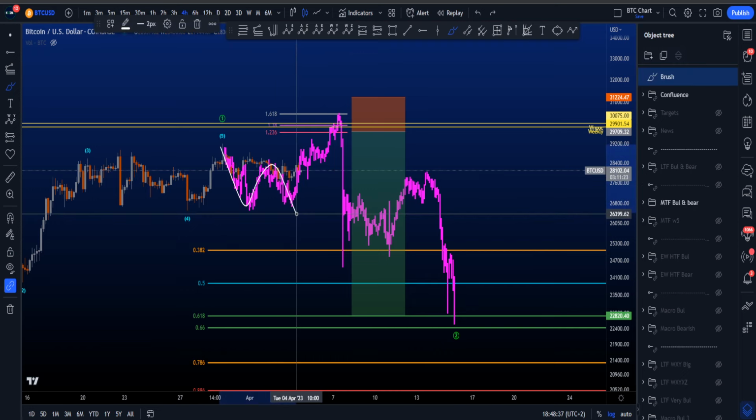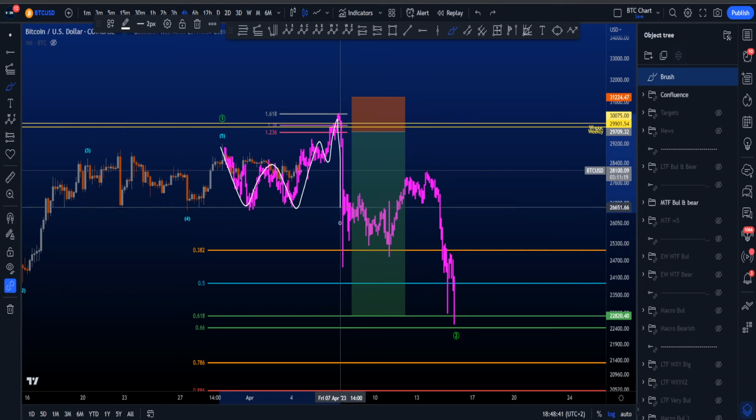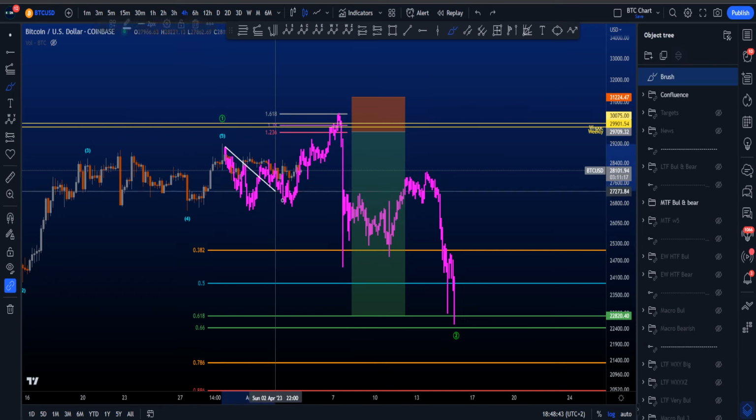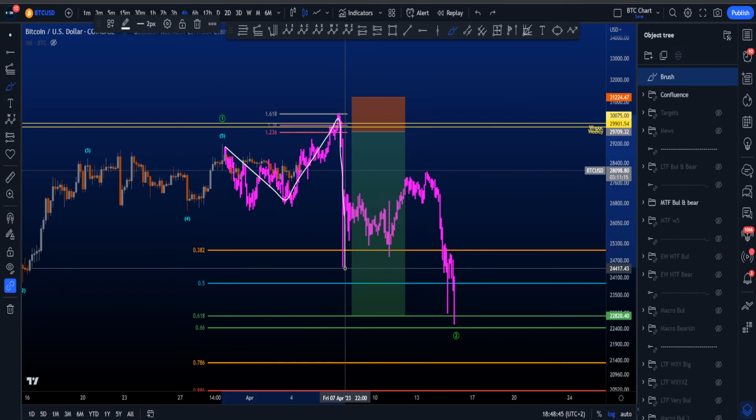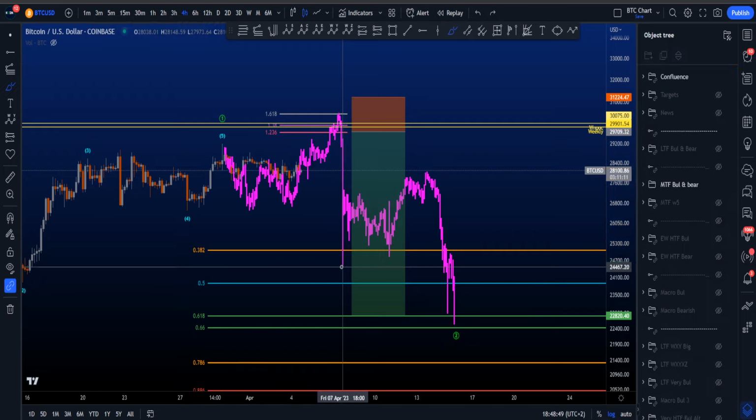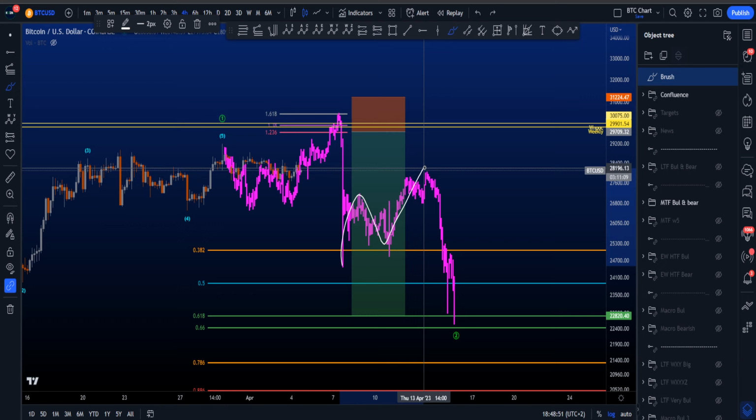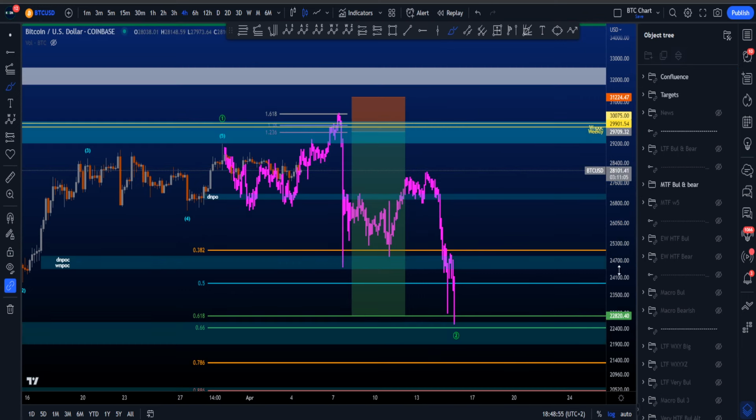We have a three-wave structure over here. We can get another three-wave structure to the upside and then an impulsive move to the downside, creating an A, B, C expanding flat as the first structure in the correction. Then we have another second structure in the correction before then a continuation to the downside. And if I open my target boxes over here, it actually plays very nicely with the target boxes I have